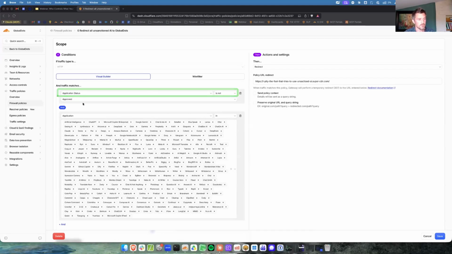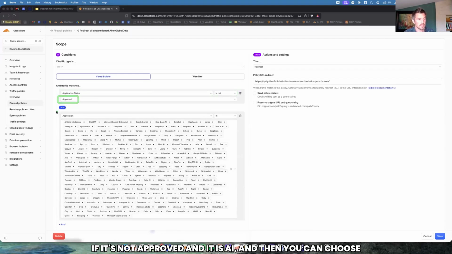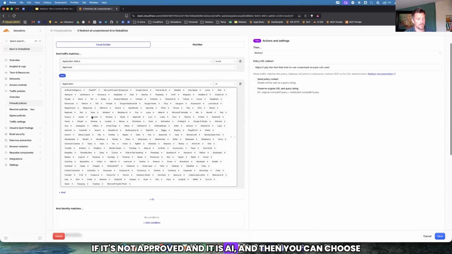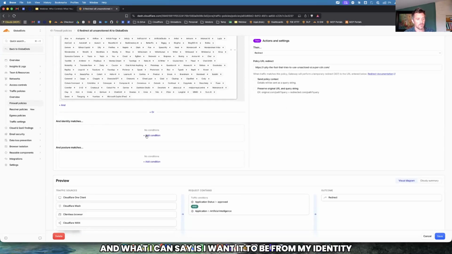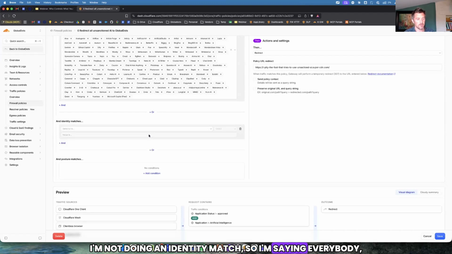So in our case, I'm saying, is my application status that I talked about just a minute ago, if it's not approved and it is AI, and then you can choose if it matches an identity. And what I can say is I want it to be from my identity provider. In this case, I'm not doing an identity match, so I'm saying everybody.